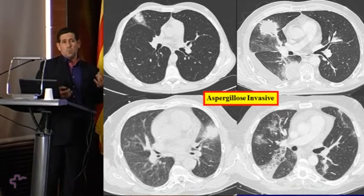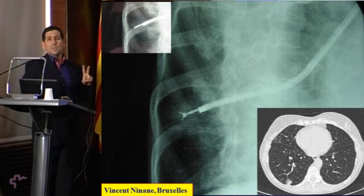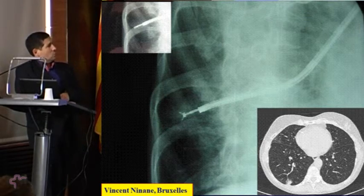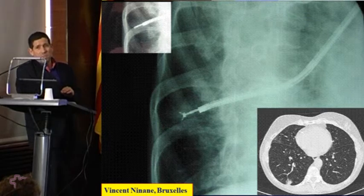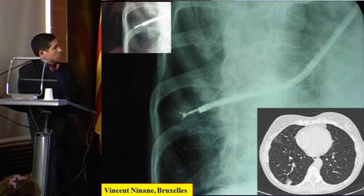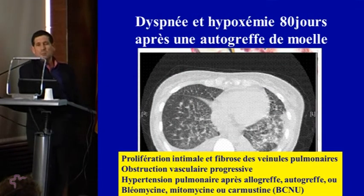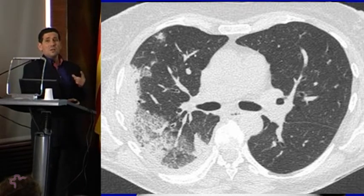And this is another reason why we should be very open. This patient had a long-term fever, 2 weeks of fever, nothing was positive, and he was sent to the ICU because they wanted to do something, because they were thinking that he had something in the lungs. The patient had no hypoxemia. He had a 100% SpO2 on room air, but the CT was very strange. Look at this very atypical alveolar consolidation in the subpleural area. And we wanted to send the patient to a pulmonary biopsy, and we did the BL, and the only thing that was positive was